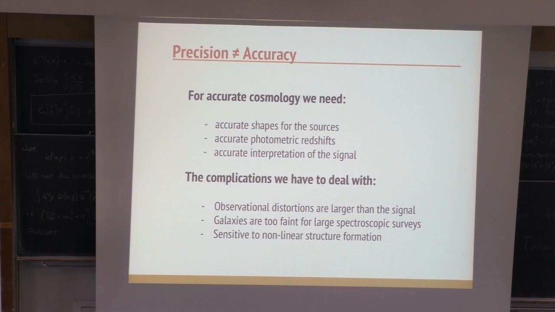Although I said this gravitational lensing is very nice and direct of the measurement of the mass distribution, of course, 16% of the mass is still baryonic matter, and that gets blown away by AGN feedback. At least that's the thought, that if you look at galaxy formation, you need these energetic processes that redistribute the baryons. Right? And that's the problem, because we're sensitive to small-scale structure formation. These galaxies are too faint for large spectroscopic surveys, although this situation is improving dramatically now, thanks to large observing